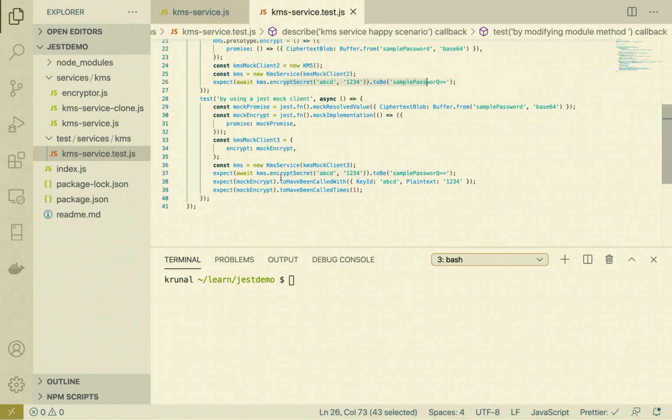But not only that, I should be able to now check whether my encrypt method here has been called with the right set of parameters. So that's one check that I'm doing here. That is mock encrypt, the encrypt method here, whether it has been called with the right set